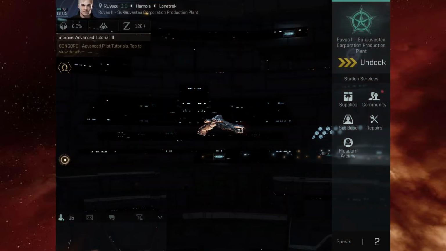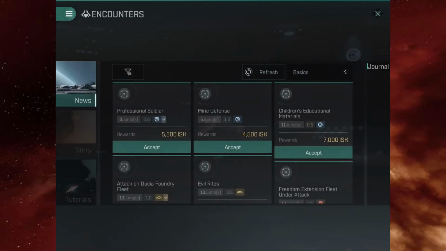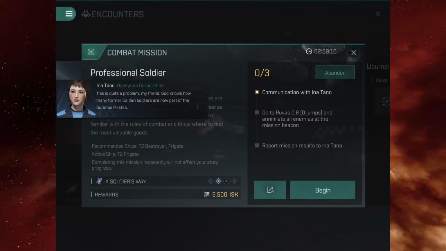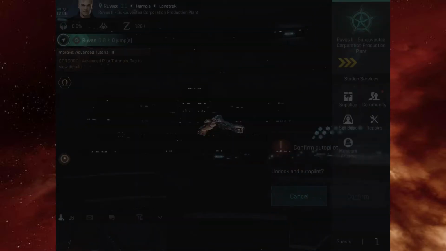So here I am. Both ships now at Ruvus. Now's the time to go in. Select the professional soldier by ranking them by distance. And I placed it at the top there for me to select. I can hit begin, negotiate with the agent. Okay, with the mission accepted, exit the station, find the anomaly,